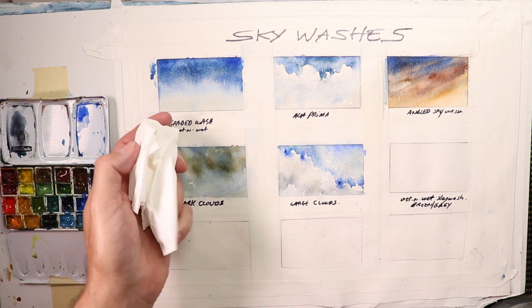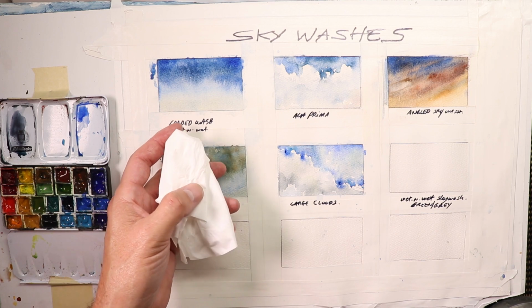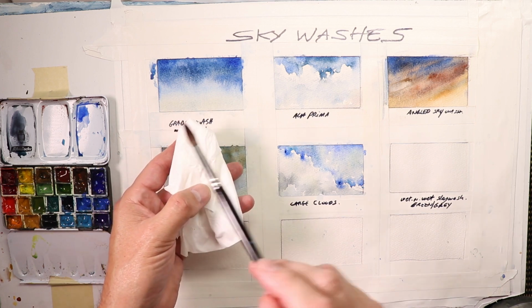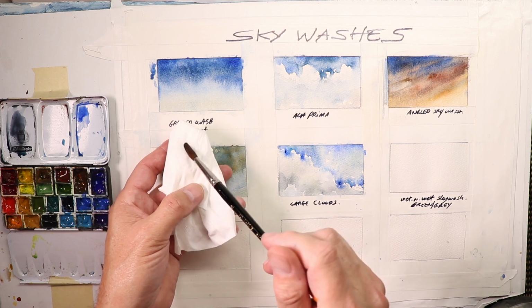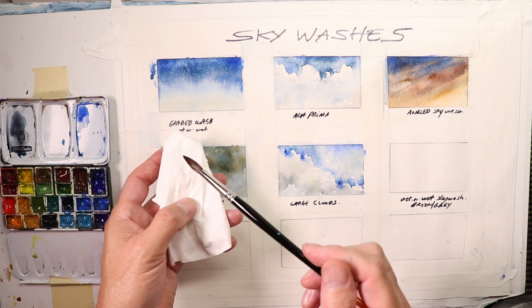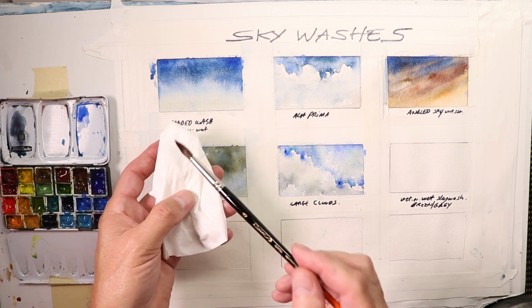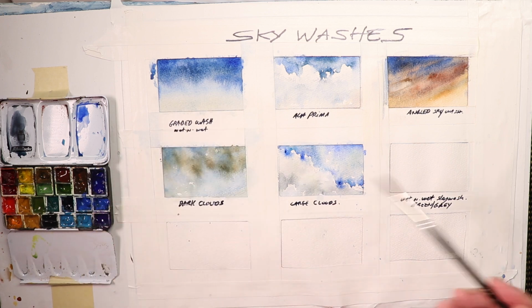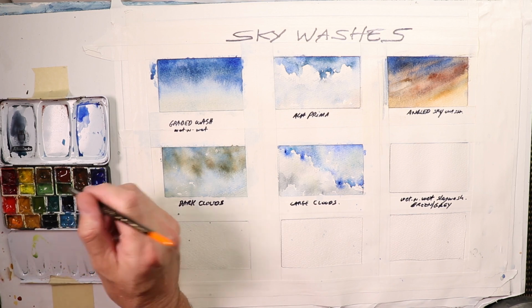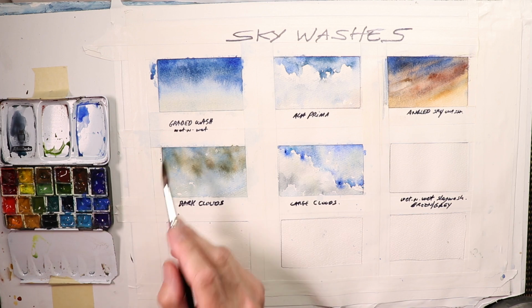So that's why I always rinse the brush and tap onto a sponge. If you don't have a sponge, you can use your apron, which I use, or a tissue or paper towel or any kind of paper you have. Everyone uses different things, be creative. So we wet our paper, good. Now let's go with a graded wash, like here,